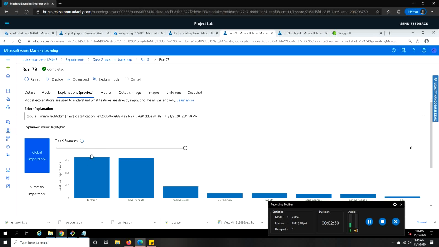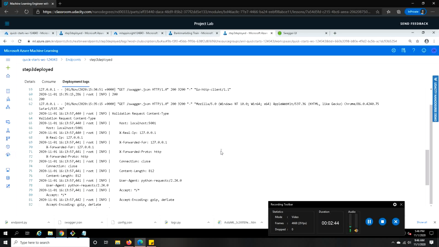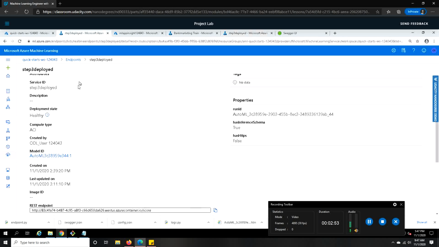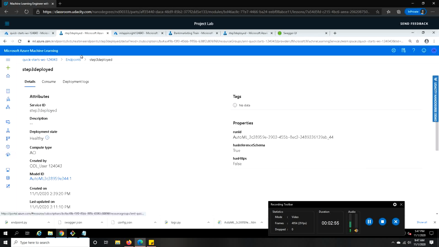And as you can see, it saw, for example, whether or not they were employed, these types of metrics, rate, duration, and so on and so forth, as being the key predictors of whether or not they are likely to take that product. That model and those insights that you saw are factored in the final deployed